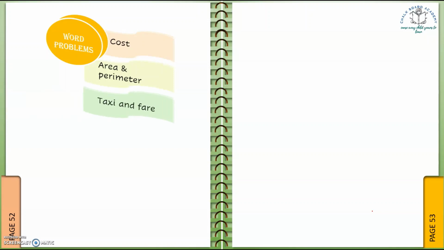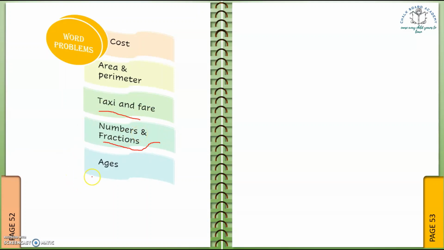Then we have the third topic here, that is taxi fare. Here we will be given some fixed charges and changing charges, and thereafter we have to find out both the charges. It's similar to that, we will have library and the charges for library. Thereafter we have numbers and fractions. In this we have fraction related questions where we will be given a fraction and how the fraction changes, and then we have numbers, like the number when it reverses and the relation between them, to find out the number.